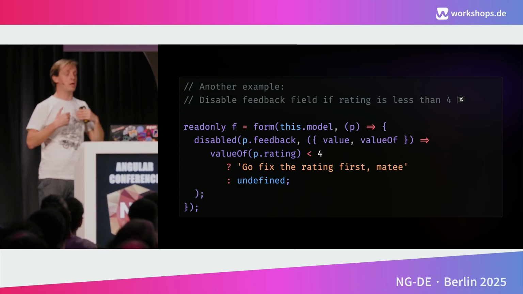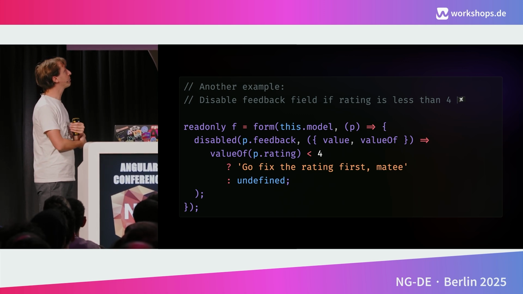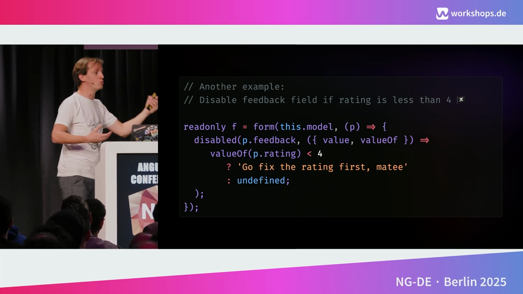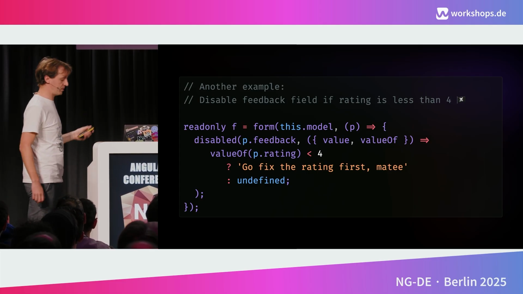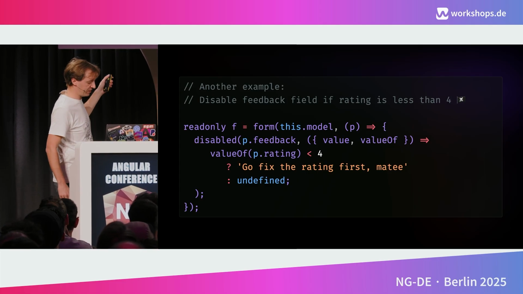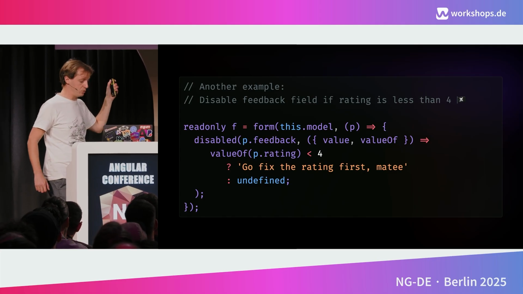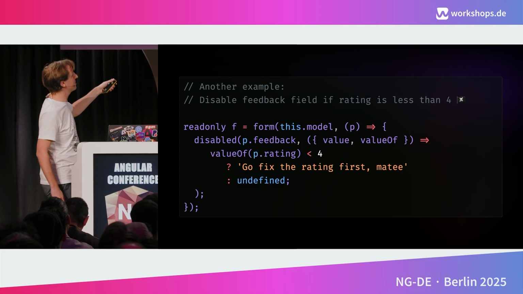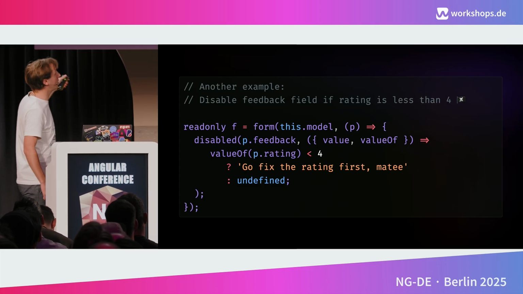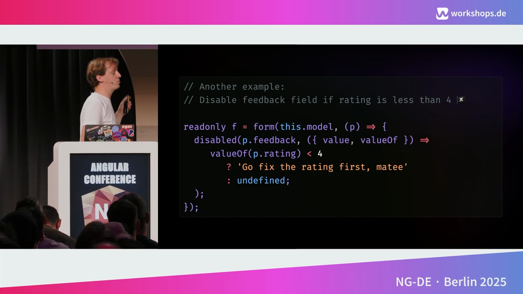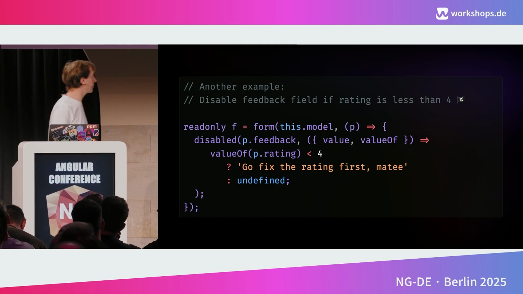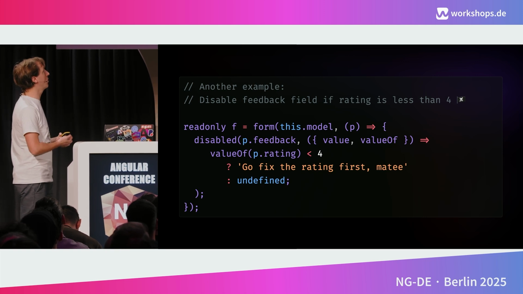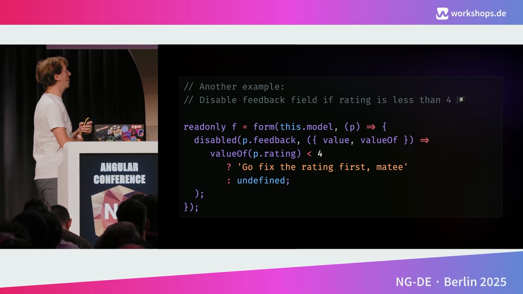You're able to have some derivation of the state, like if a field is disabled, I just want to declare a rule. And here you define your disabled validator, you pass it the feedback, you have the value, and value of, so you check that the value of ratings is below 4. If it's below 4, check the rating, mate, you want to have something that is higher. Simple cross-checking of fields, either for validation or for some